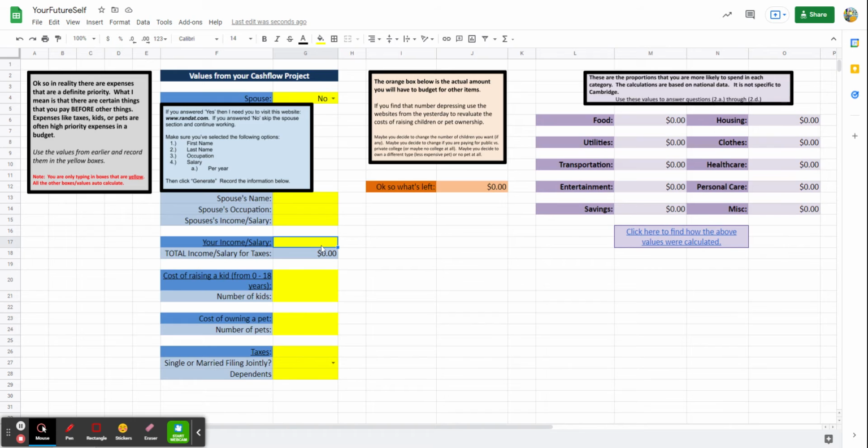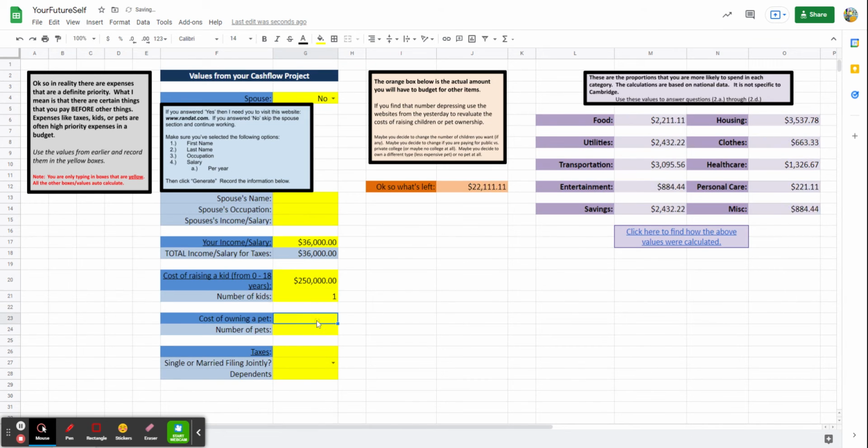I'm just going to make up a salary number. You're going to do some specific numbers based on your preferred salary here, and a later video is going to elaborate on that. I'm just going to make up a number here. So that's what I'm doing. I'm going to pretend again, there's a later video to talk about researching how much it's going to cost to raise a kid. And so I'm just going to type in a random number here,